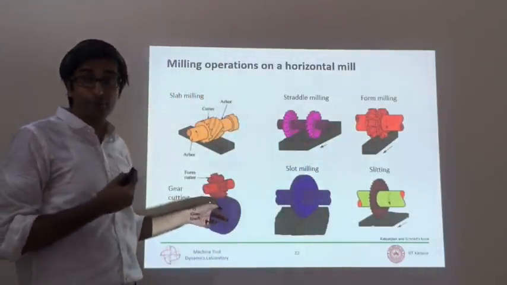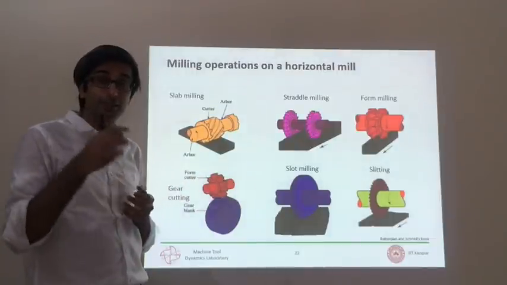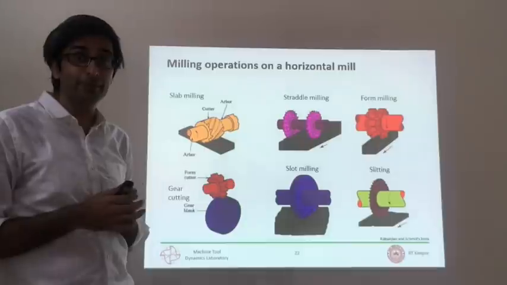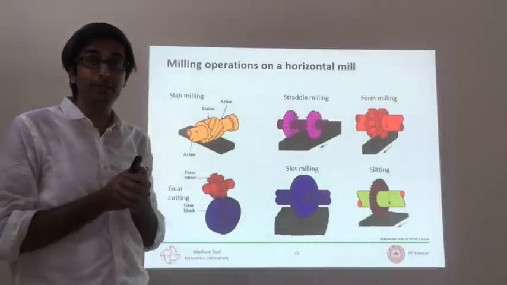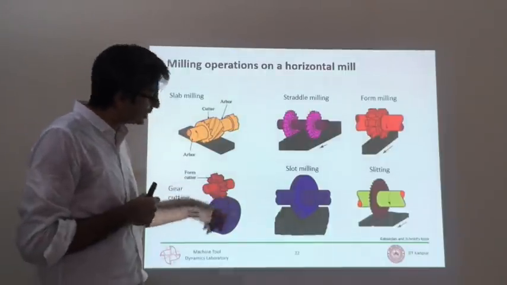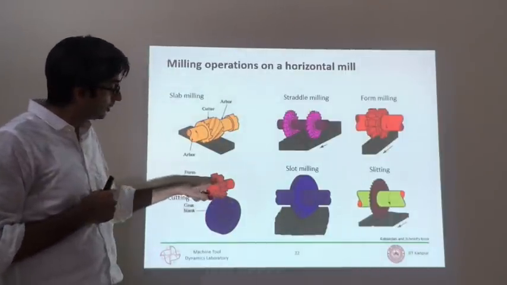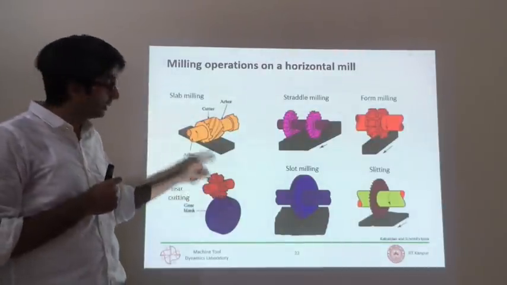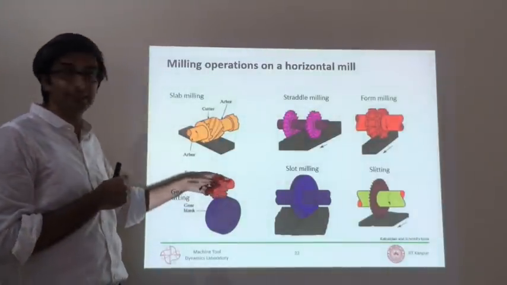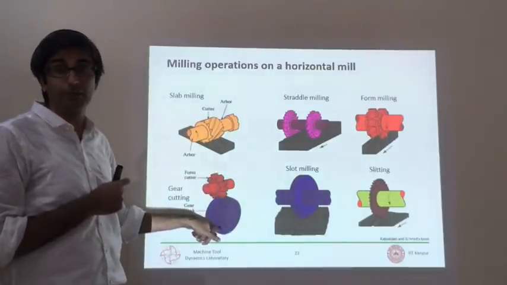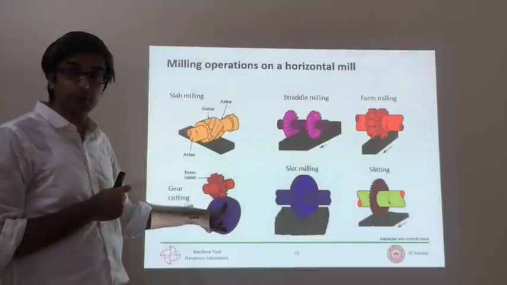Gear cutting is also a form cutter. I showed you this in the lecture video when we discussed how gears are made, at least in our labs. Not the hobbing method to make gears, which is a really mass producing method. This is where we cut each tooth individually. So the profile on the form milling cutter is that of an involute tooth. This rotates about this axis, and I feed this into the blank of the gear, and I cut one tooth.